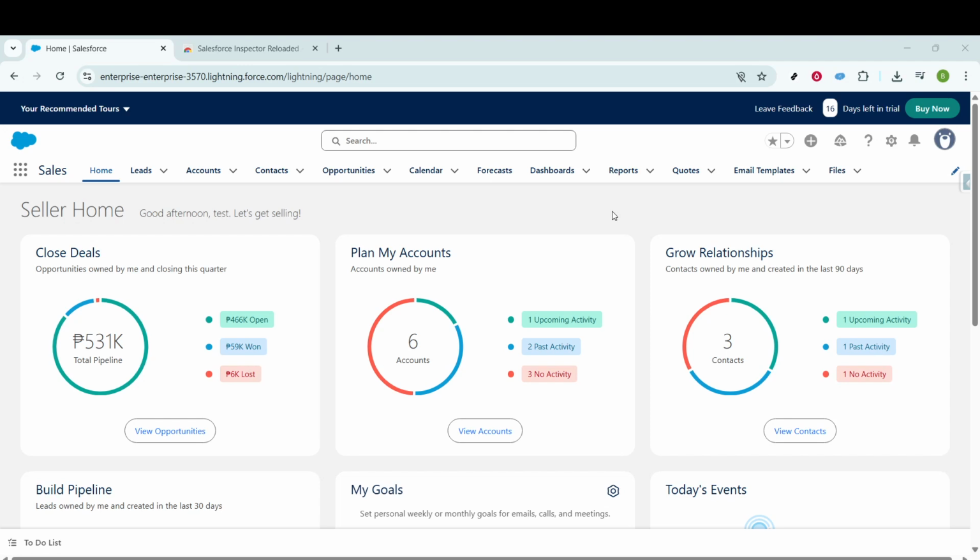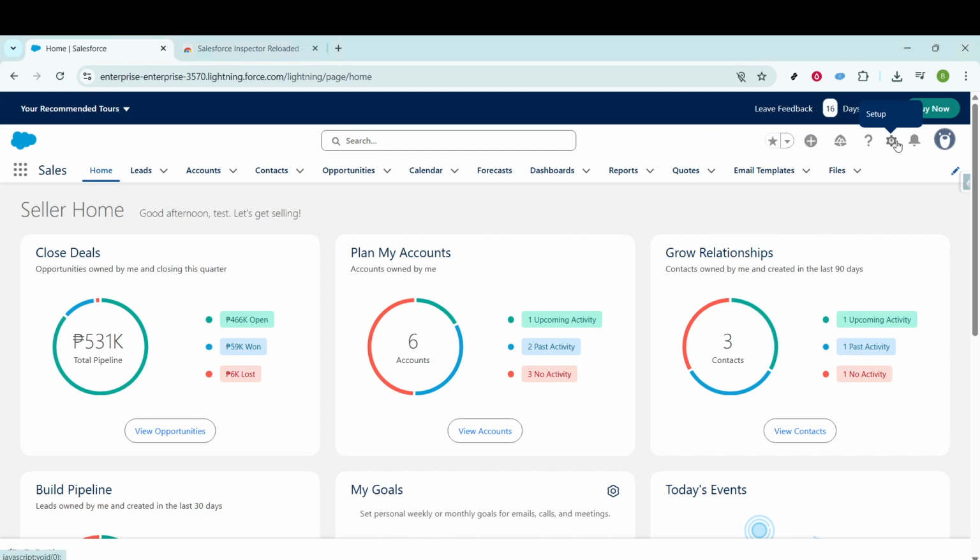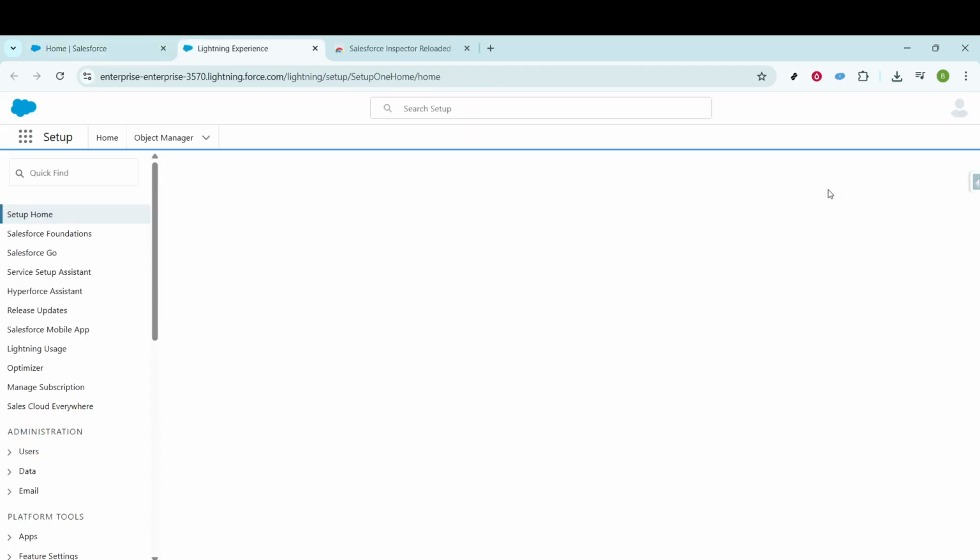Let's start by navigating to where we need to be. Look to the top right-hand corner of your Salesforce interface. You'll notice a gear icon there. Go ahead and click that. From the drop-down menu that appears, select Setup. This action takes you into the heart of Salesforce's administrative tools, where you have a range of options for customizing